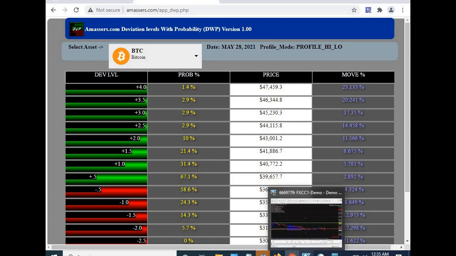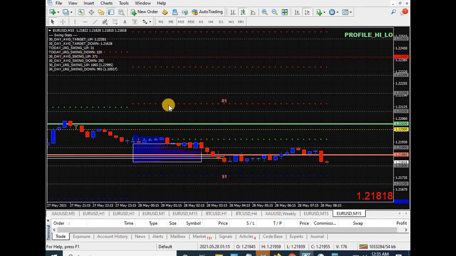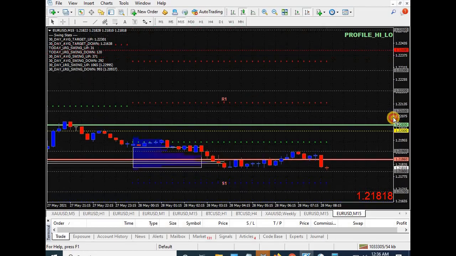I'm going to go back through and review pivot points. Okay, this is a pretty bare chart here. I've got my pivots, these little bubbles here. Those little bubbles, that's R1. This is the central pivot. That's R2. That's R3, way up there. This is EUR/USD. I'm on an MT4 chart now.